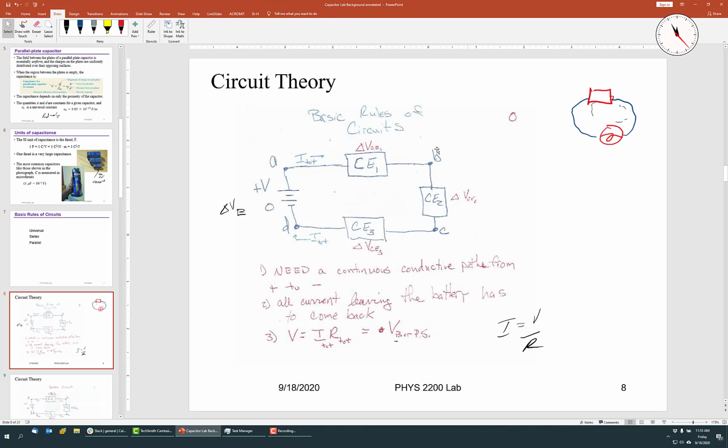Well, we need that. So this is a basic circuit. You need at least one conducting path from the battery and back to the battery. Well, I say plus to minus because it could be a power supply. And if you remember a pre-lab you did, what can I do to make a light bulb light? Well, I run a wire from the battery to the light bulb, and then from the light bulb back to the battery on the other end, so we get a continuous conductive path. All the current that leaves has to come back,